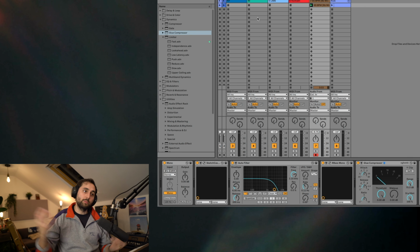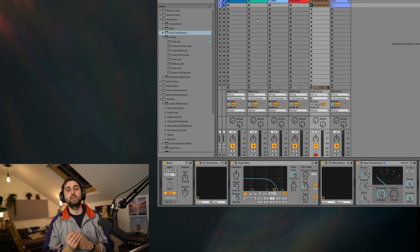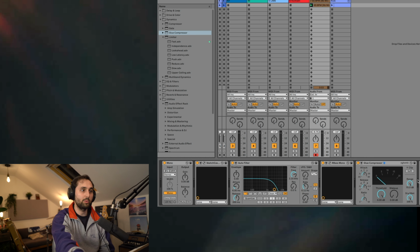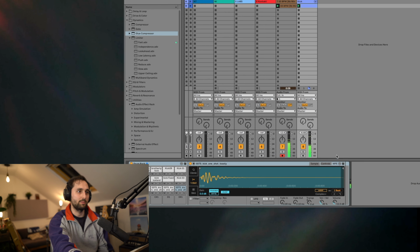And then finally, as a lot of people know, when it comes to bass, it's great to have a sidechain of some sort on there. In its most simple form, you can have a sidechain compression, which is effectively taking the bass and ducking it away for a certain element, typically the kick. What this does is it creates space for the kick in the mix without it clashing with the bass too much, as they have similar frequencies. So if I take the glue compressor from Ableton, press this little side thing here, I can turn on sidechaining, get the input to the kick, and then if I play the kick at the same time,